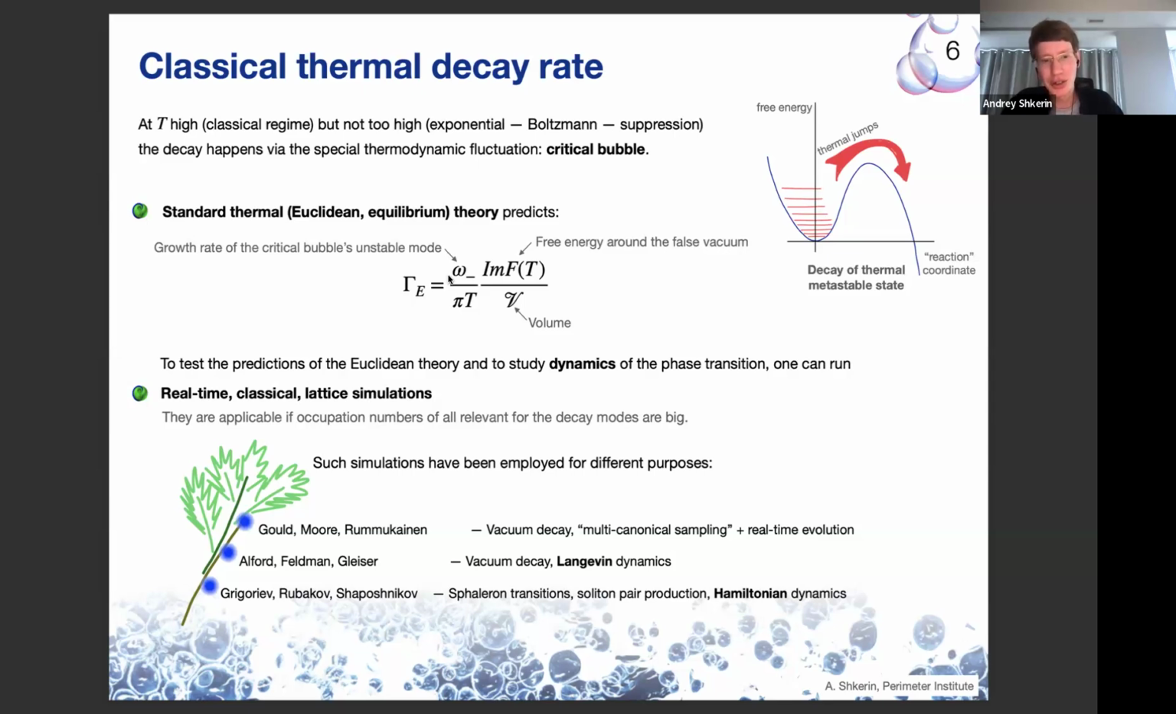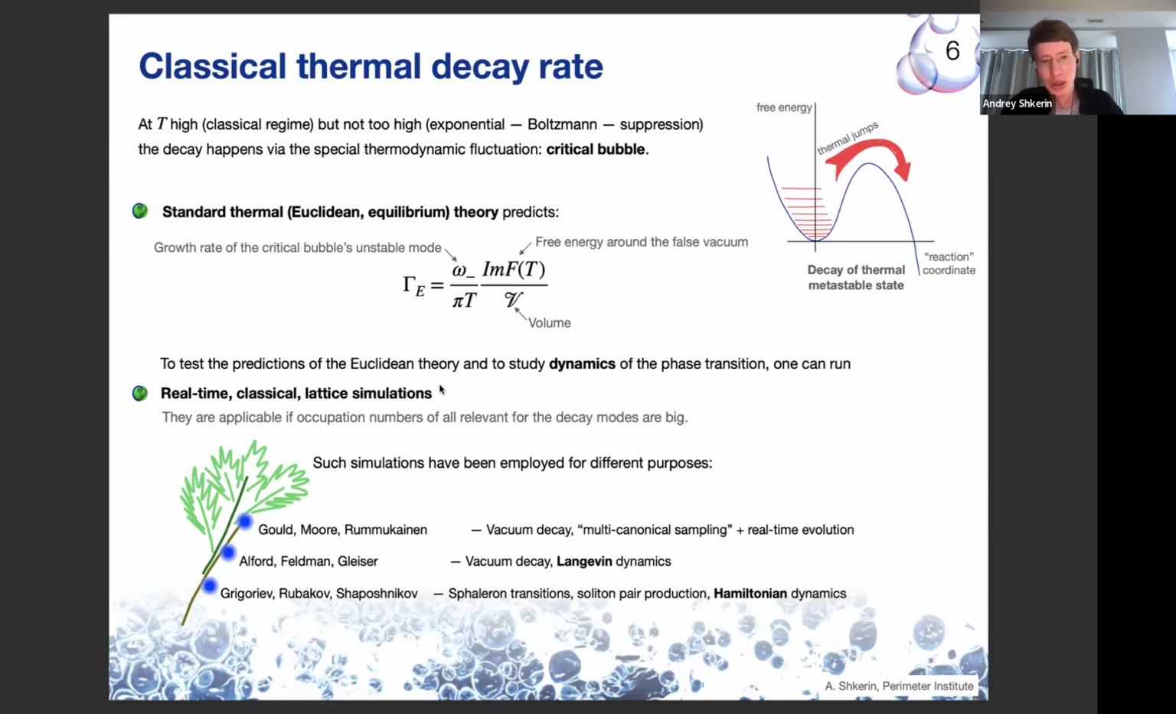The Euclidean theory cannot tell us everything about the phase transition. For example, it cannot tell us about the real-time dynamics of the phase transition. It cannot tell us what exactly happens in the metastable state, how exactly these thermodynamic fluctuations propagate and build and create this critical bubble. And to study such real-time dynamics, and also to test the main prediction of the Euclidean theory using some independent method,